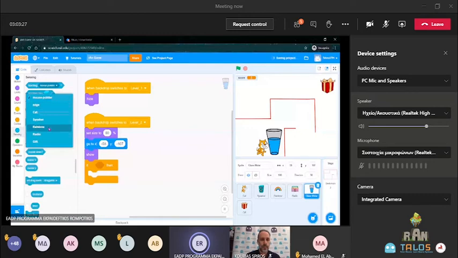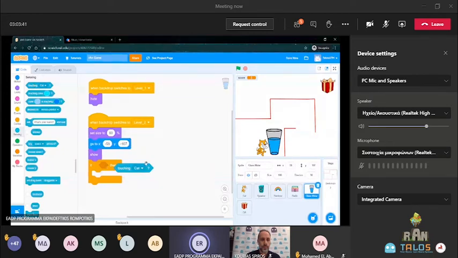And of course, you can choose all of the other sprites, and you can also choose the mouse pointer or the edge of the stage. But at this point, we just need to touch the cat. And I drop this condition in, and as we said in the beginning, Boolean conditions are these rhombus-shaped commands, and you can see it perfectly fits right into the if statement. So what this conditional statement does is it checks whether this is true or false. Am I touching the cat? If this is true,